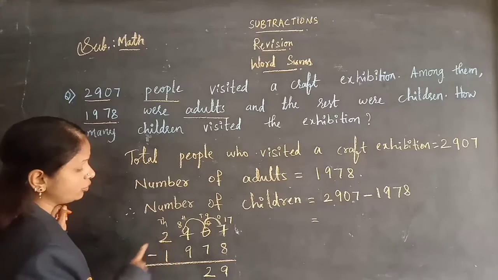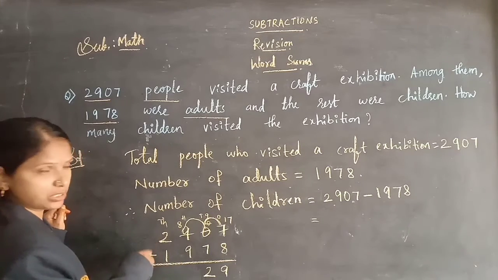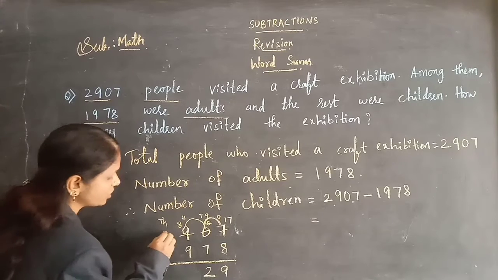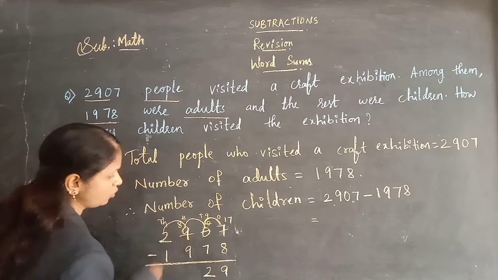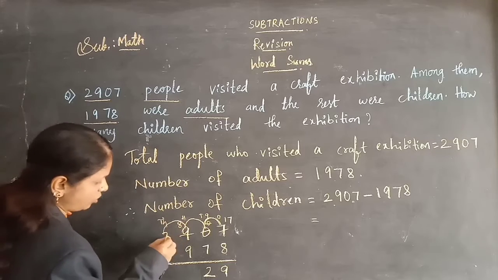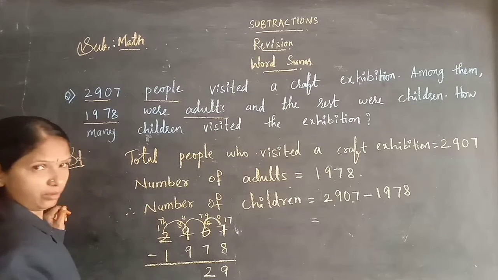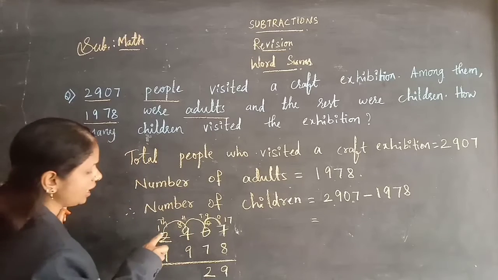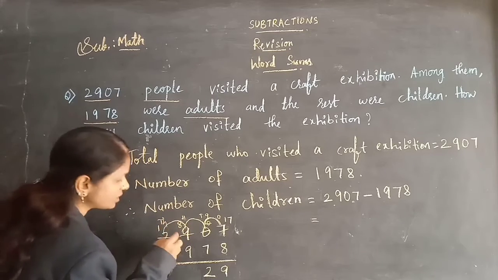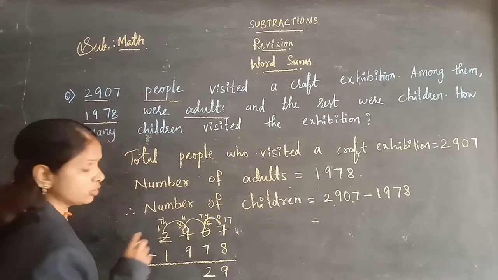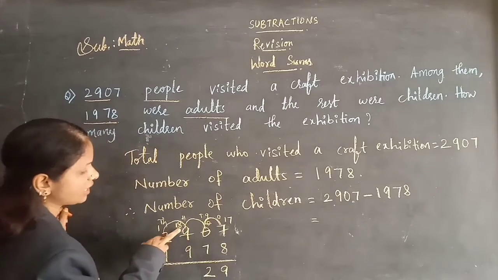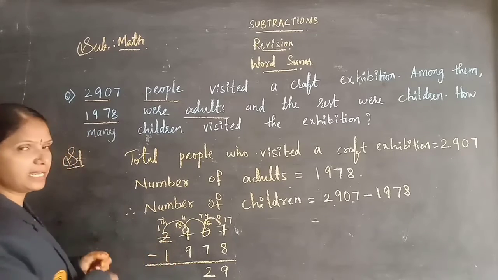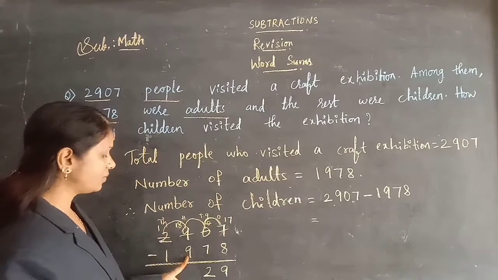So now you have to take the borrow from the thousands, the before place. The before place can give, because here 2 is there. So I am giving the borrow from thousands to hundreds. When I pass the borrow, this 2 will become 1. And when 1000 to hundreds is given as a borrow, 10 is given and the existing 8 is here, so it will be 18. Now in the hundreds 18, in the thousands 1. Now 18 minus 9 I can subtract,